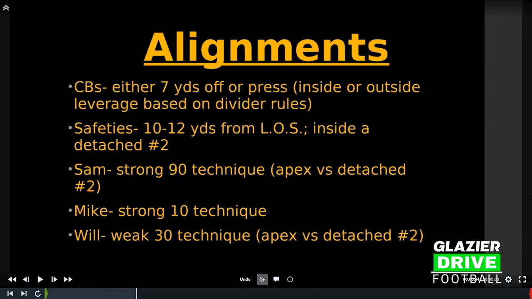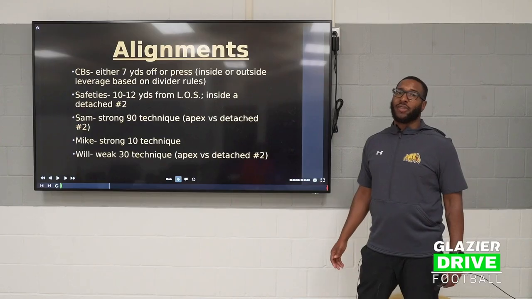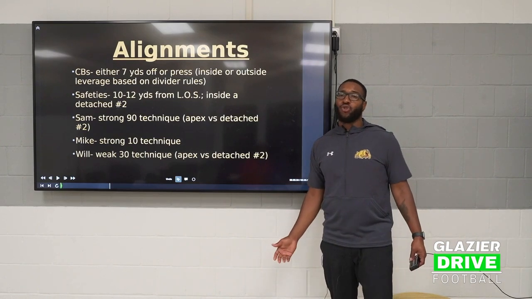All right, from an alignment standpoint, we're going to play 7 yards off the ball for our corners or press, and they're going to play inside or outside leverage based on their divider rules. The safeties are going to play 10 yards off the line of scrimmage, and now because we're in 2-by-2, if